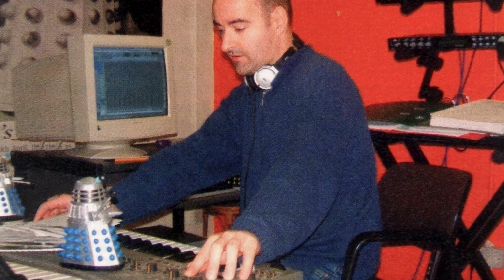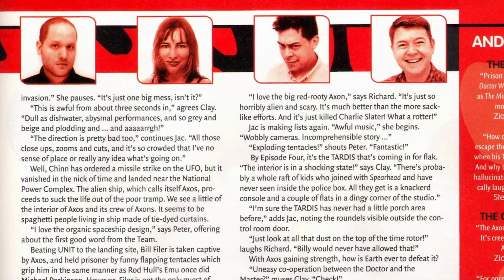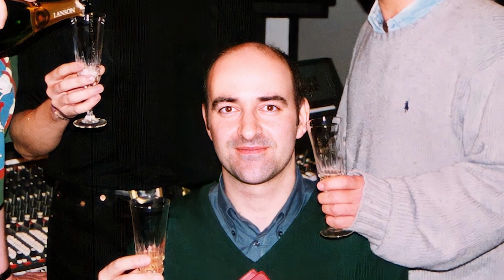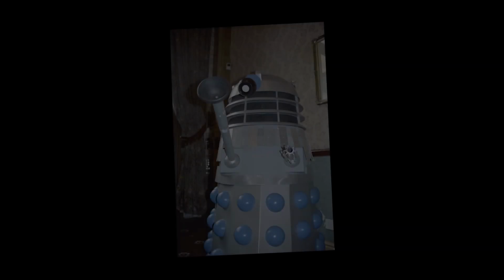The Dalek voices were provided by Nicholas Briggs, who also co-directed and did the sound design. For the cover, digital artist and then editor of Doctor Who magazine Clayton Hickman was commissioned, and he didn't want to rely on any old stock photos or models for the Dalek element of the design. So he asked Nick Briggs to take a photo of one of the Daleks at a convention, and this was